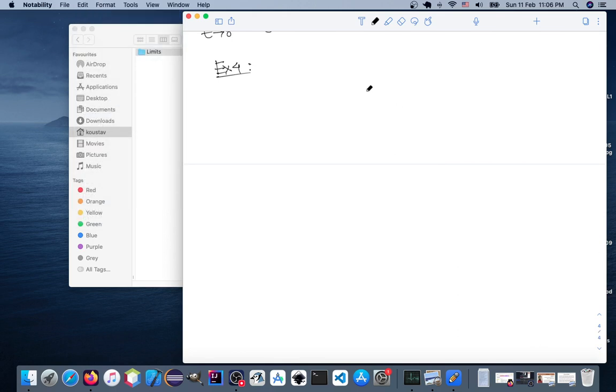The next problem says limit n tends to infinity 2 to the power n sine a by 2 to the power n. This looks a little similar to the previous problem. Anyway, let's do it. So n tends to infinity implies 2 to the power n